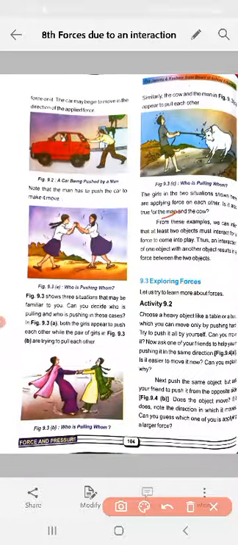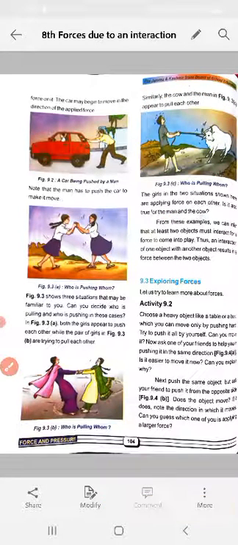And in this figure, in which there is a bull and a man, the bull is pulling the man and the man is pulling the bull. Both are pulling each other. That means from these four or five figures, we got to know that when there is a contact